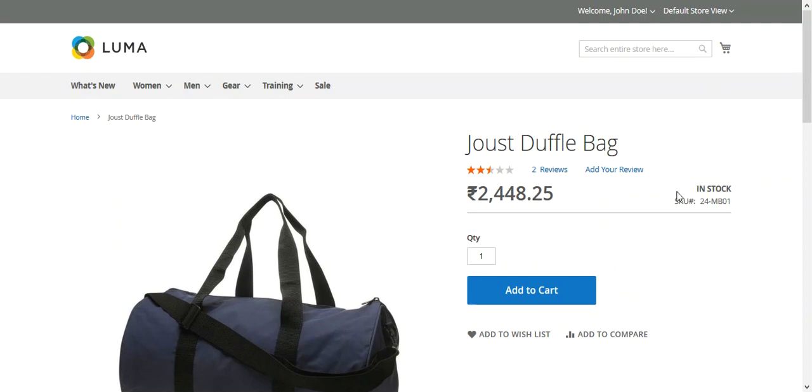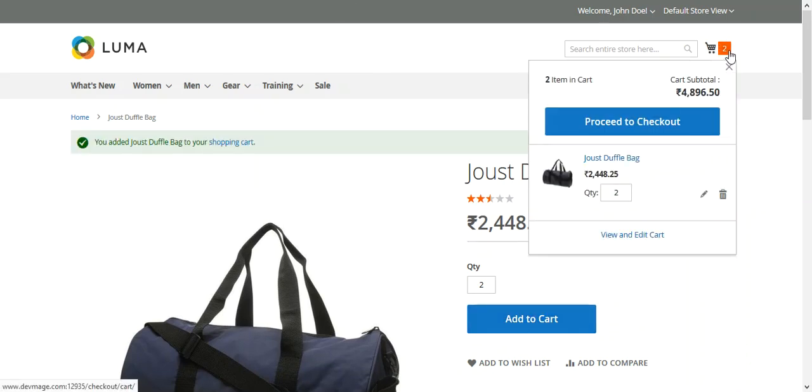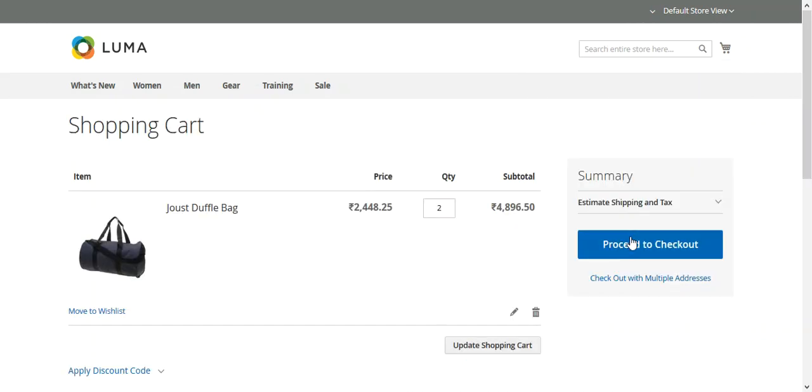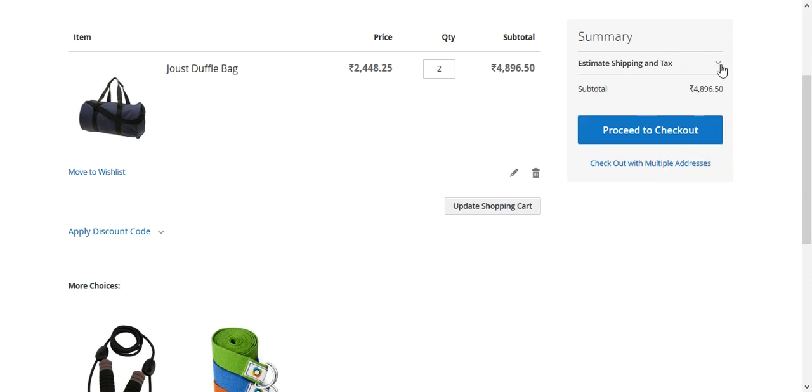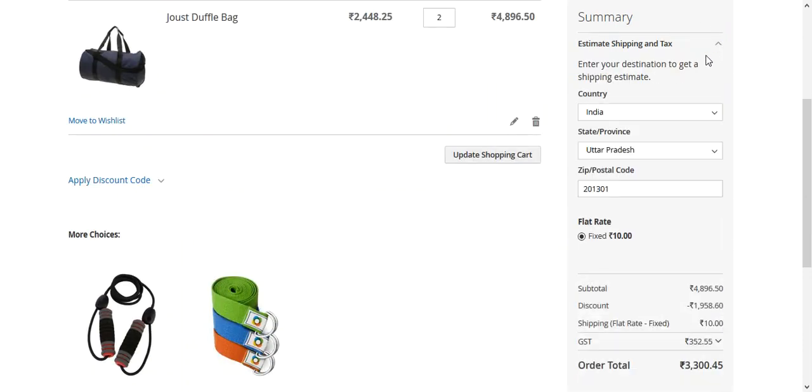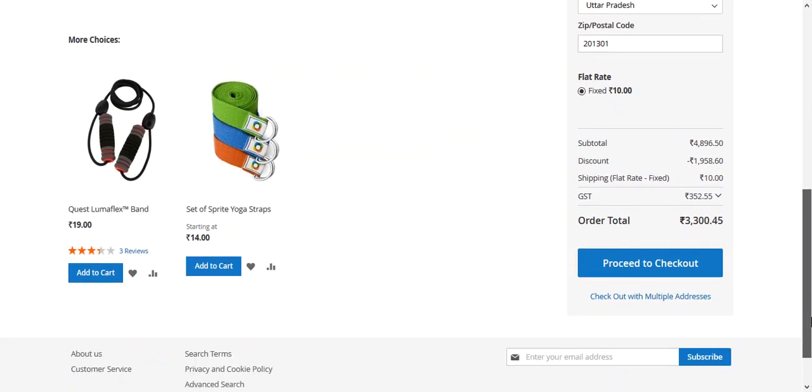I'll be adding some quantity of this product. I'll add 2 quantities to my cart. So we will add this to the cart. Now we can tap the view and edit cart button to check the cart, and here we can tap on the estimate shipping and tax option,